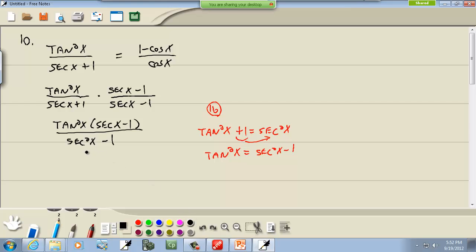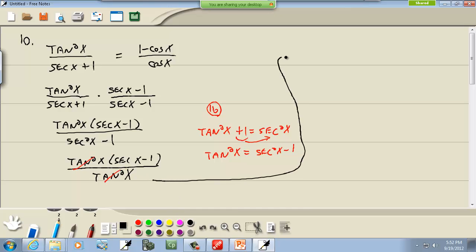So this bottom part here, the secant squared minus 1, we can rewrite as tangent squared. Like that. When we do that, this tangent squared cancels that tangent squared, and we're left with